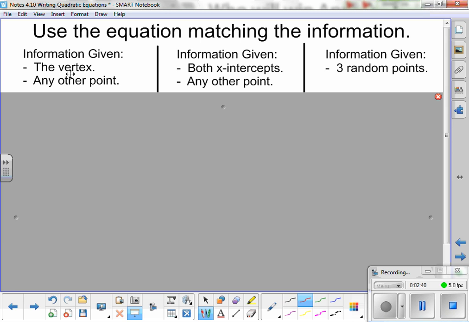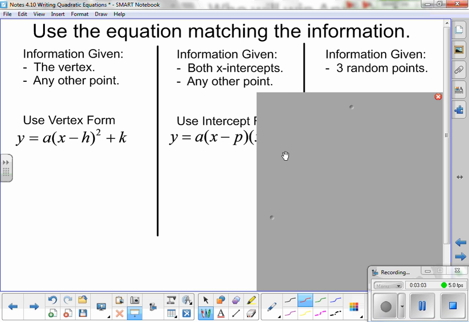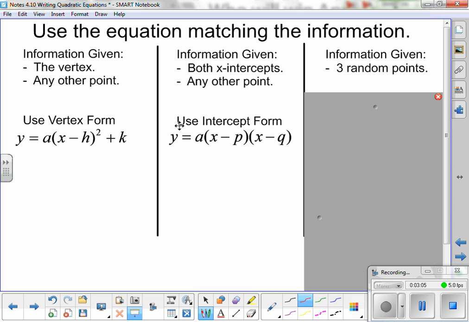Now, if I give you the vertex, right away you should be thinking about the form of a quadratic that includes a vertex, which is, surprisingly enough, the vertex form. Here's your vertex form. Y equals a times the quantity x minus h squared plus k. Now, if I give you the x-intercepts, I'll give you another point with that also. You will be using the intercept form of a quadratic, which is this one. Lastly, if you get 3 random points, you're not really going to have any of this information that you would need for these other 2 forms to work, so you would just go back to the standard form, which is